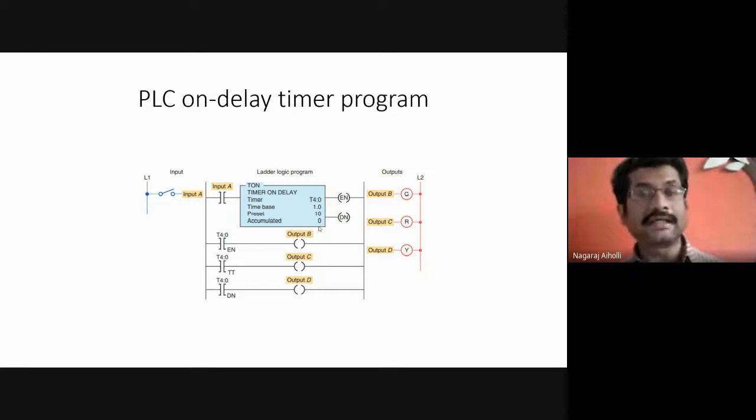It is retaining the value. Now here it is becoming 0. Once we turn off the supply input, the accumulated value, whatever it may be, becomes 0, and hence this type of timer is called a non-retentive timer.